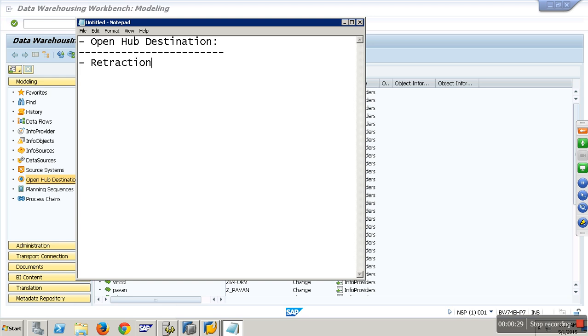When I say extraction, you extract data from different sources to BW. From BW, if you want to send this data out to some other applications, then we use this retraction. Generally, in some projects, they don't use BICS for reporting. They only use BW as a warehousing solution, where they get data from different sources and consolidate all the data. From BW, they would like to take data into Excel and then upload it into some other tools